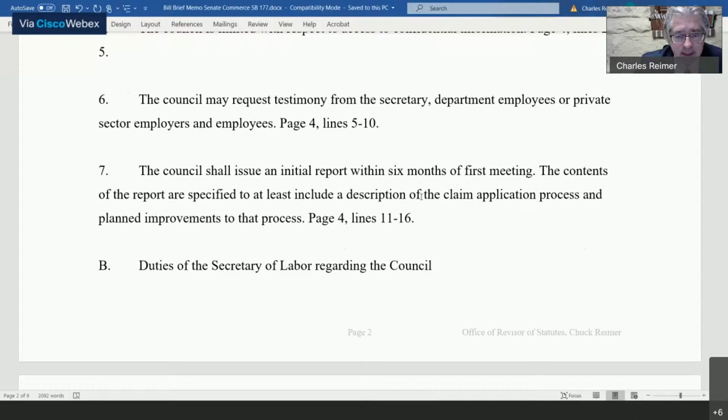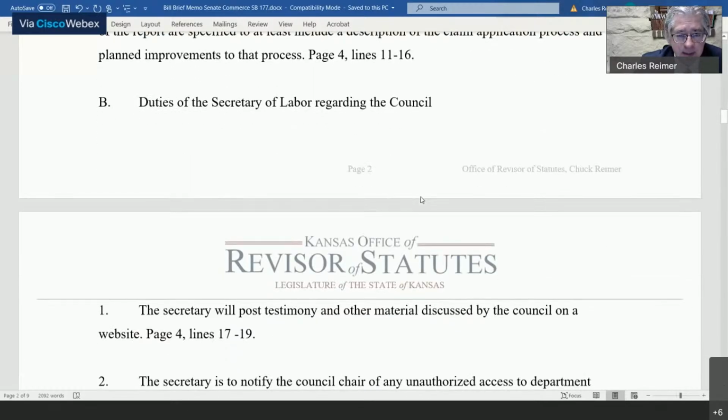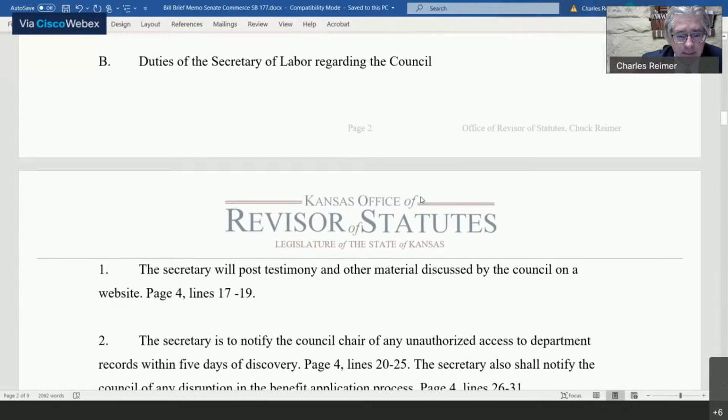There is a requirement that the council issue an initial report within 6 months of the first meeting. Contents of the report are specified to include at least a description of the claim application process and planned improvements to that process. There are some duties that the bill lays out with respect to the Secretary of Labor regarding